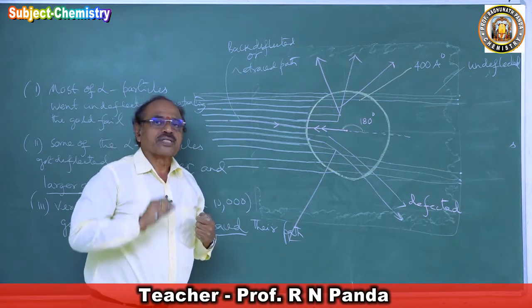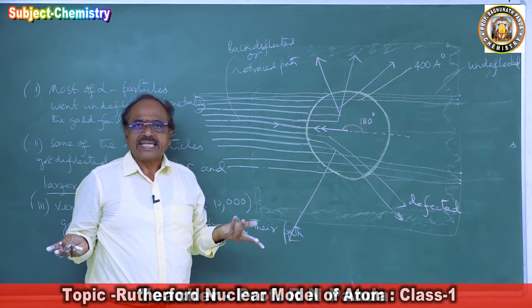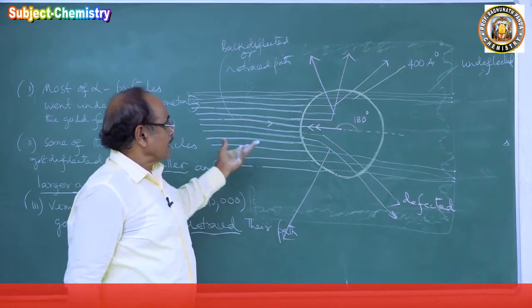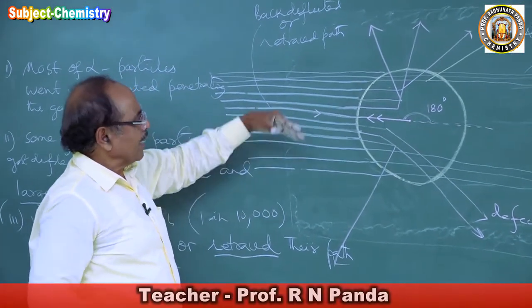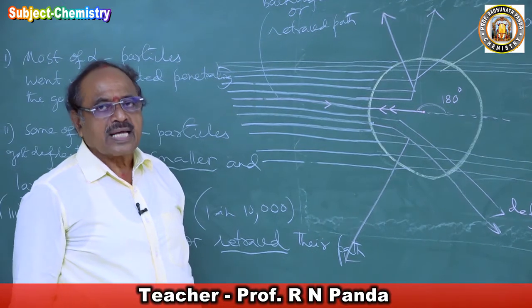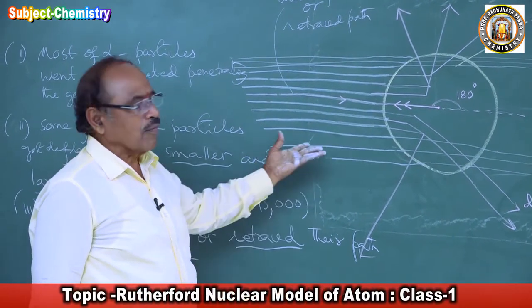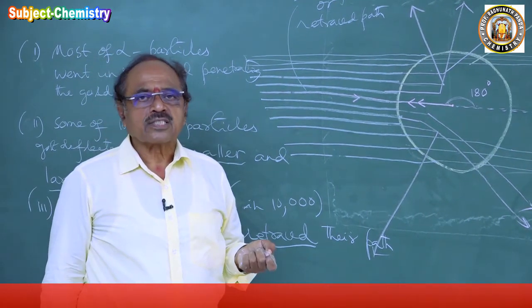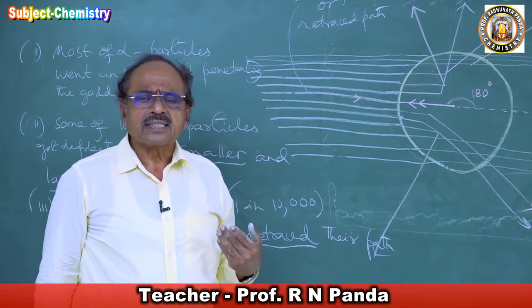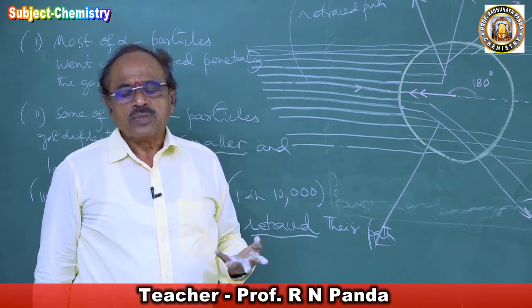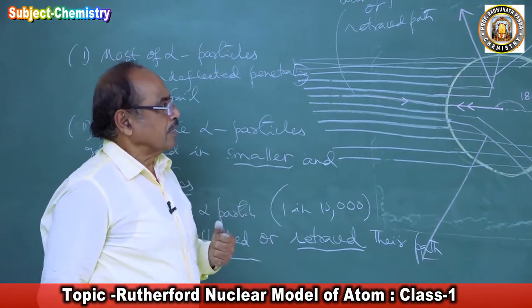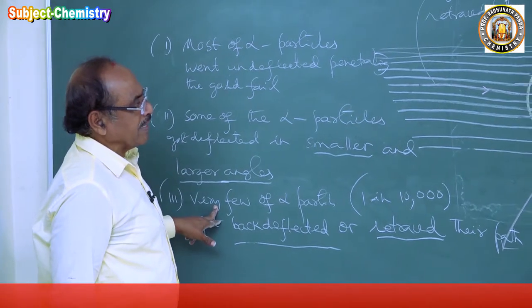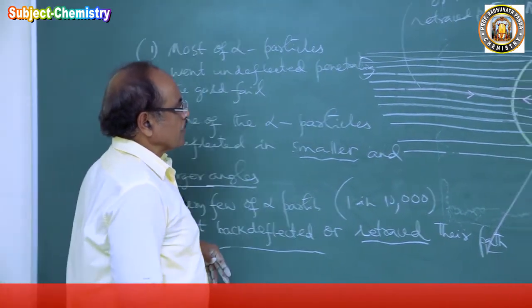From all this fluorescence produced on the zinc sulfide screen, he could conclude that the alpha particles are scattered. They are moving from a small beam and are now going in different directions. Hence the experiment was called the scattering of alpha particles by a thin metallic gold foil of 400 angstrom units. This is a brilliant experiment he made, which led to the conclusions. From these observations he had to conclude, and three conclusions were made from three observations.